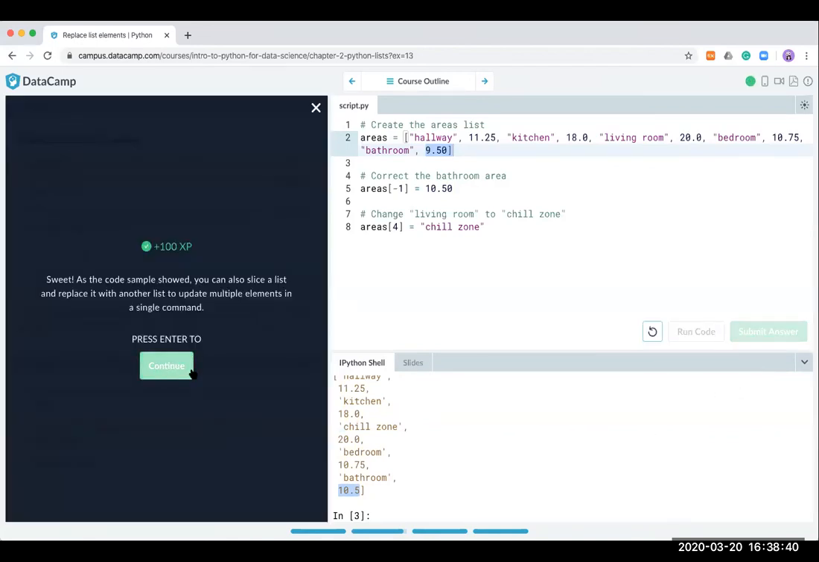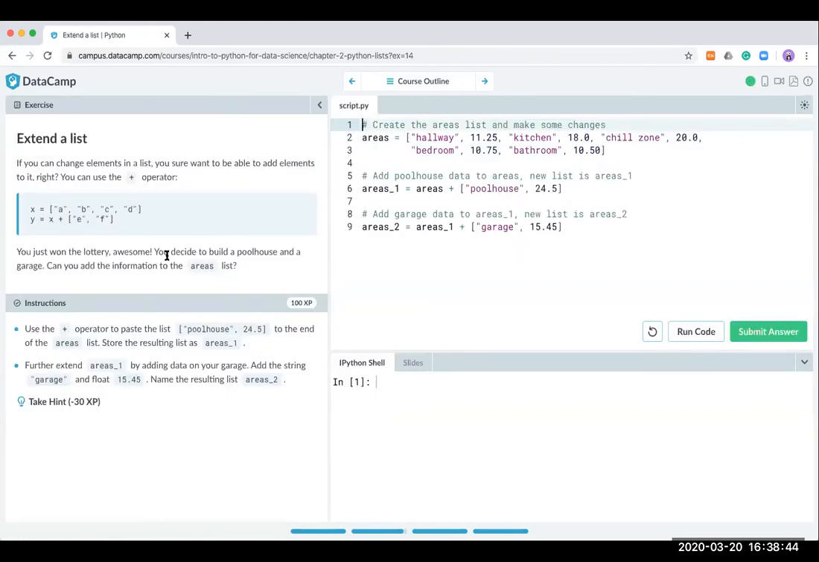So submit the answer. And then next one, extend the list. You may want to add some more elements to your list. This is the original one, areas, but this guy must be very rich, so he has a pool house at his house. So you can add some more data. Areas is this one, and we add pool house data to areas, and the new list is called areas_1. Then areas_1 plus another list is going to be this one, and then add another data. This time it's garage data, so garage and some number,